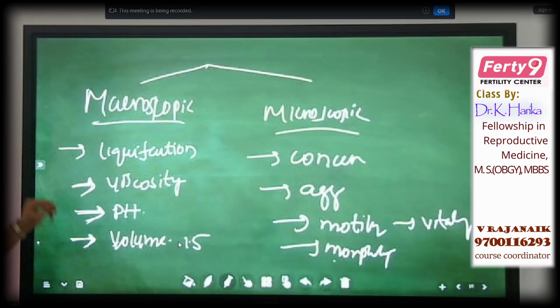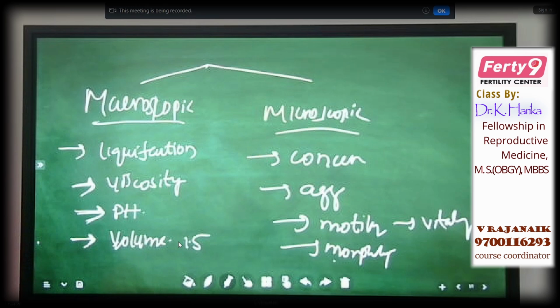Next, in a few cases there will be absence of vas deferens, congenital bilateral absence of vas deferens. So what will happen in such a case? It is usually associated with underdeveloped or absent seminal vesicles. In such cases, it will contribute to obstructive azoospermia, and volume also will be less. Suppose if there is any obstruction in the vas alone, volume will be normal.